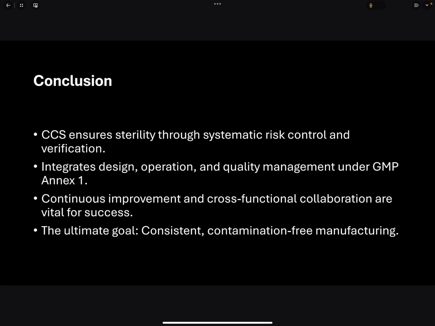To wrap up, contamination control is not just a checklist, it's a philosophy. A well designed CCS ensures product sterility, safety, and full compliance with GMP Annex 1. It brings together design, operation, and quality culture into one unified system. When done right, it prevents contamination long before it can even reach your product. That's what makes contamination control the true foundation of pharmaceutical